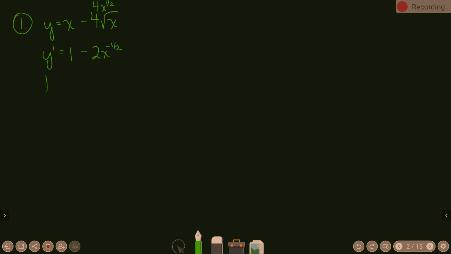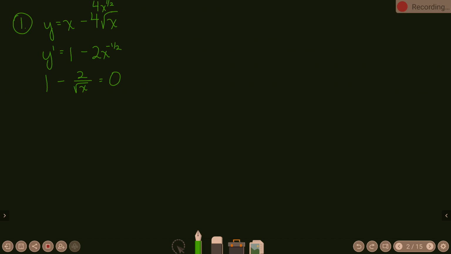to find critical values, 1 minus, now, what do we know about x to the negative 1/2? It's a square root of x in the denominator, yes? Or x to the 1/2 in the denominator. So it's going to be 2 over square root of x equal to 0. Okay? Now,